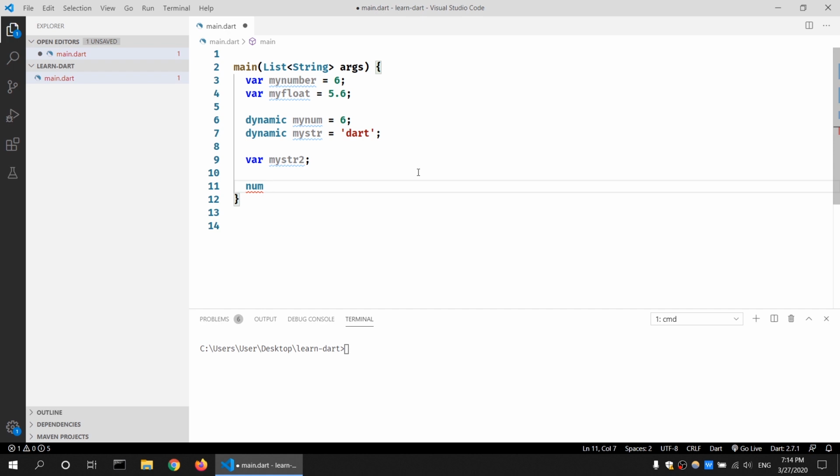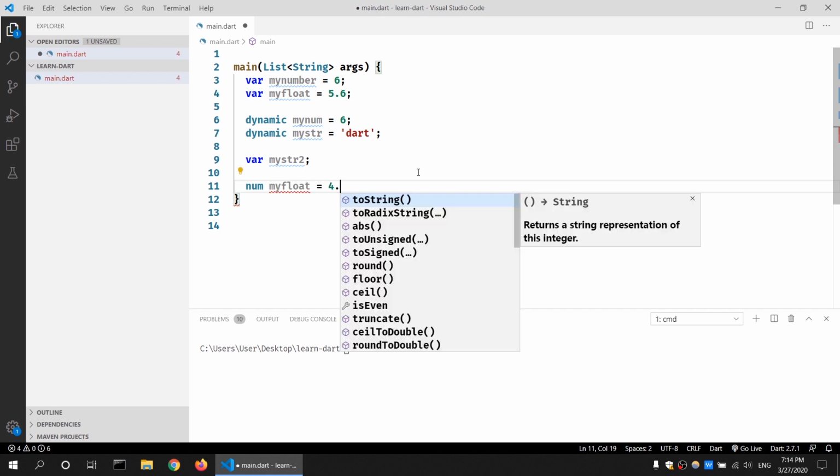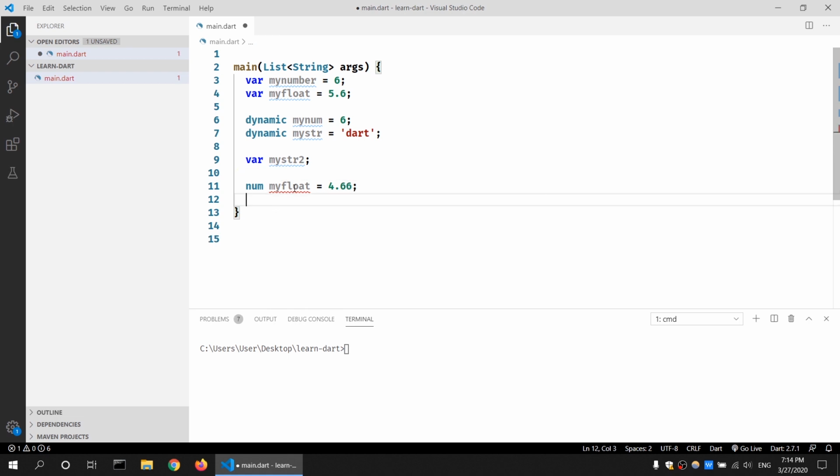So if I'm not interested to explicitly state the data type, I can call it num and assign it either a floating point number or an integer. For example, my float equals 4.66. Since this is already used, let me make it my float 2, and I can do my int 2 like that. Since num is a class, we have a few properties and methods that come with this class